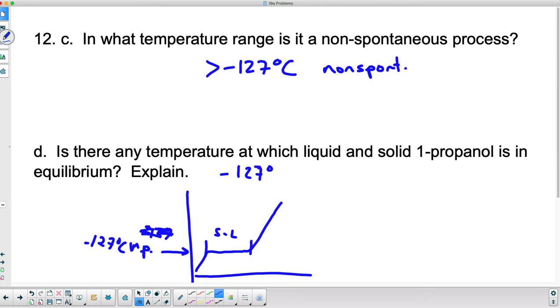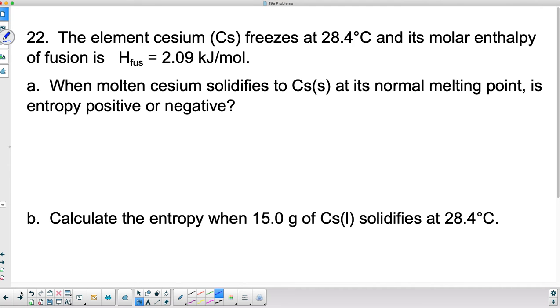And if you keep it at -127, you can have both the solid and the liquid together. Almost like having a glass of water with ice in it, and you keep the temperature at 0 degrees Celsius, you can keep both of them together in an equilibrium where some of it is changing into a solid and some of the solid is changing into a liquid. That is true. So, number 22, the element cesium freezes at 28.4 degrees Celsius